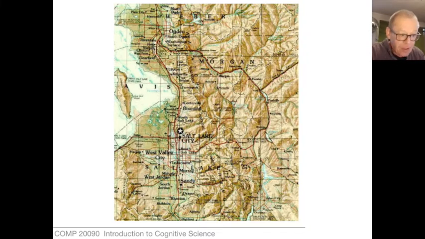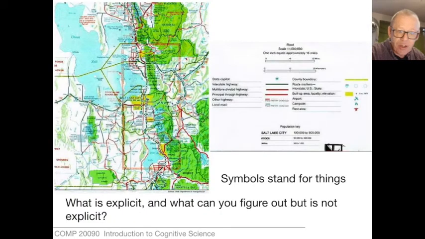This map has lots of information as well. Some of the topographical information now for a larger area. Got the names of all the surrounding towns and so on. And for good measure, here's a third map of Salt Lake City. We could do this indefinitely. Obviously, there's very many maps of Salt Lake City.